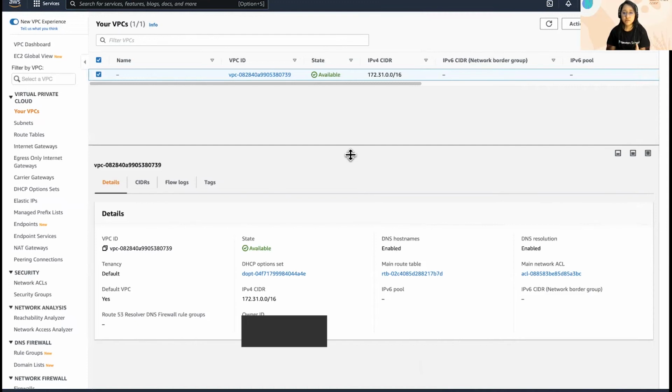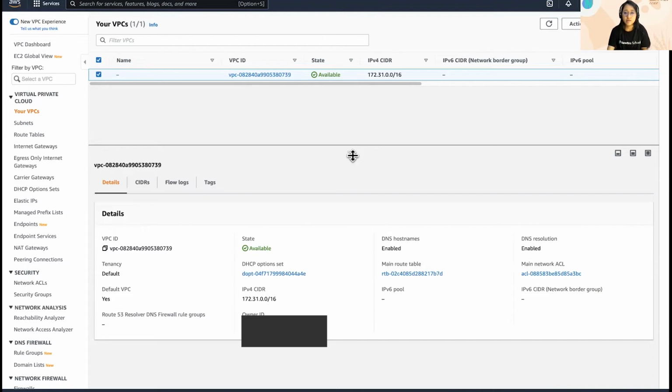The benefit of having these default VPCs in every region is that you don't have to think about creating a separate VPC. You can just launch your instances. For example, if I am just looking to launch an EC2 instance in this region, I don't have to think about first creating a VPC, then attaching an internet gateway, then creating NACL and route table, and all of these parts that are required while creating that VPC.